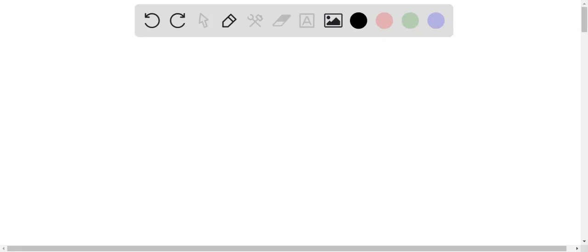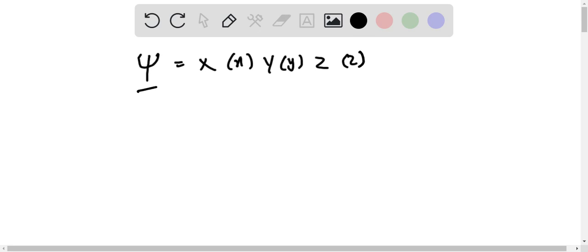Okay, so one solution of Schrodinger's time independent equation can be written as psi equal to X of x, Y of y, and Z of z. Substituting this expression into Schrodinger's equation and dividing by this on both sides of the equation,